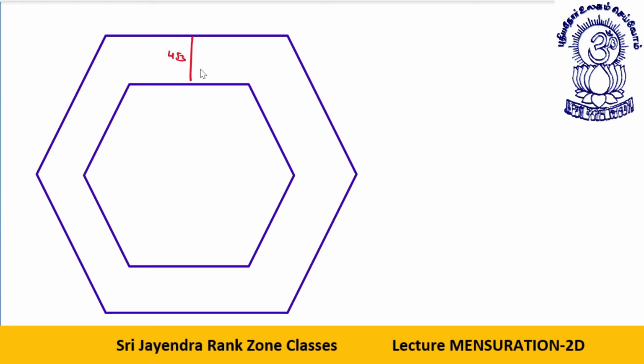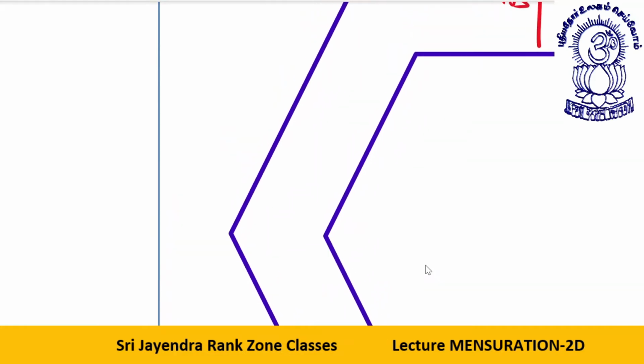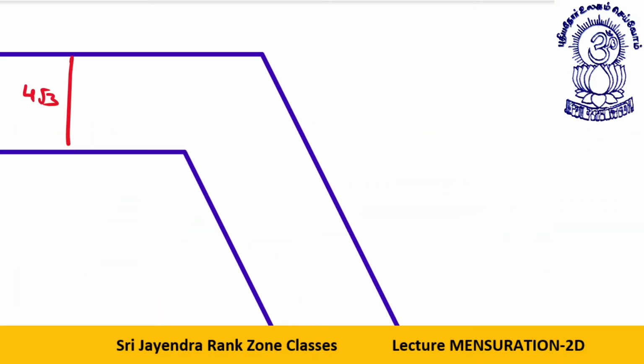Now I think I will be able to explain. Since this is a larger diagram, I will be able to explain it in a better way. Or I can further do one thing. Let me enlarge the size more. Now I will be able to explain it very well over here. Look, dear students, this distance is given to you as 4 root 3. If I join this, this will be 4 root 3. Let me write it a bit bigger. Now you will be easily able to understand this.